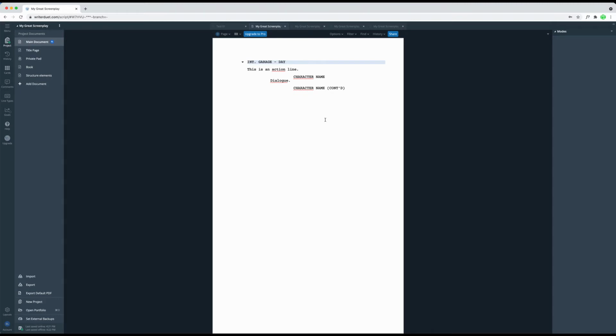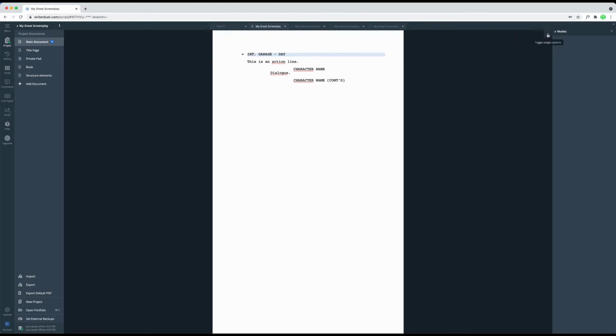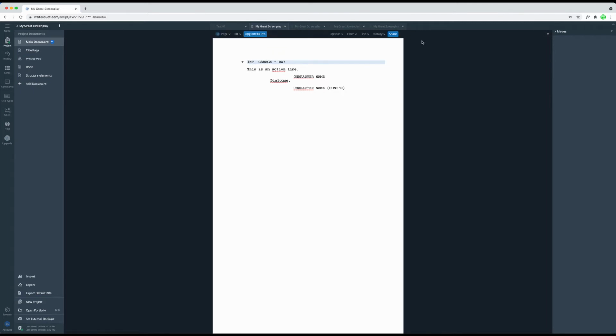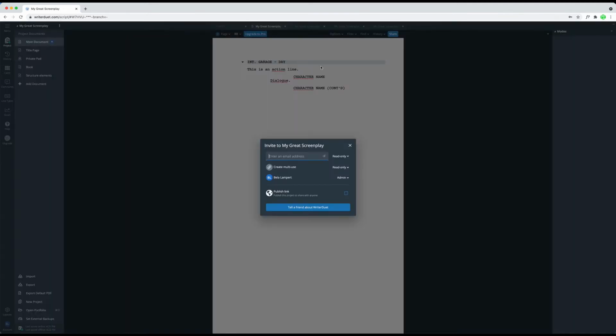To get access to the sharing functions, just click the Share button right above the document you want to share. WriterDuet puts the button right there with easy access, and in case you can't see the options bar above your document in the editor window, click the little arrow at the side of the screen in the upper corner and it will swivel open. Now a window opens up that shows you who you are sharing your document with right now, and this is also where you can invite new collaborators. If you haven't invited anyone to participate yet, this will only show your username.